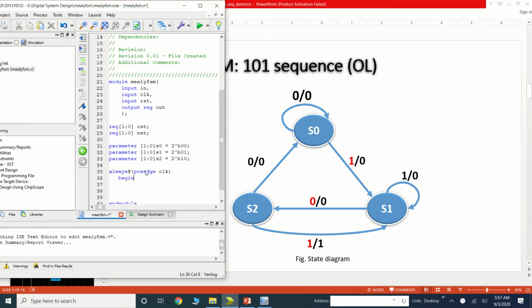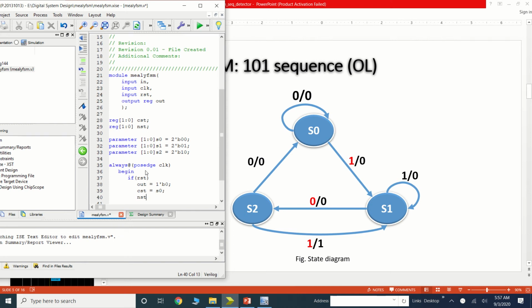So what if the reset is equal to 1? First we need to consider that. If reset equal to 1, then output equal to 0. And what about the current and the next state? They would stay in the reset state, that is our S0 state that we have already defined in the parameter.